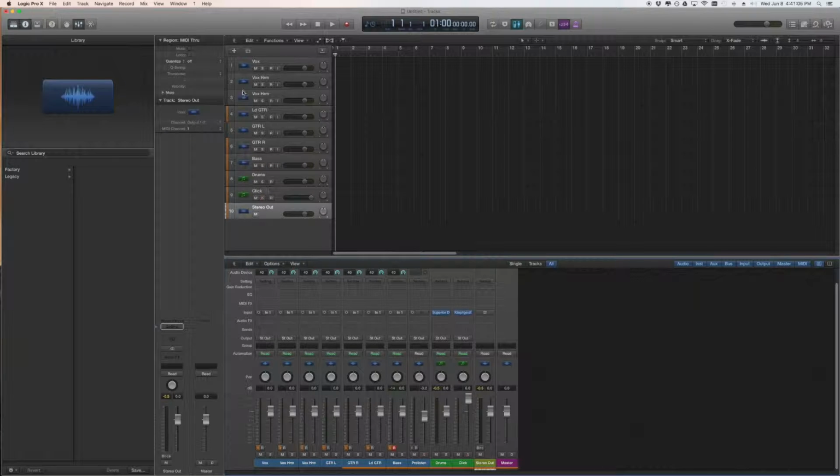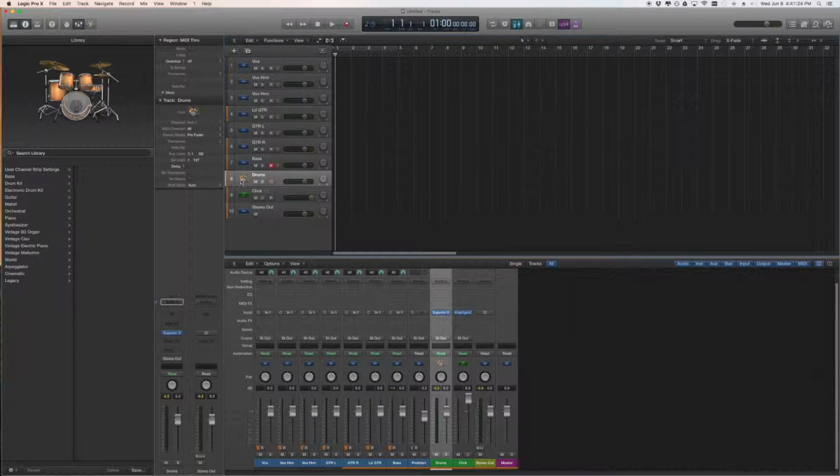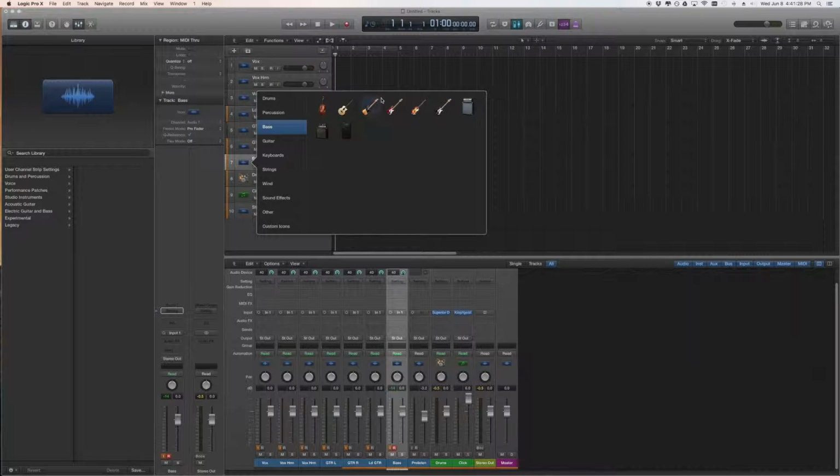So first thing I'm going to do is change these icons to their corresponding instruments. Hover over, click, right-click it. That's it. So these are drums. Let's go to drum section, drum set. That's all I'm doing right now. For bass, bass guitar,